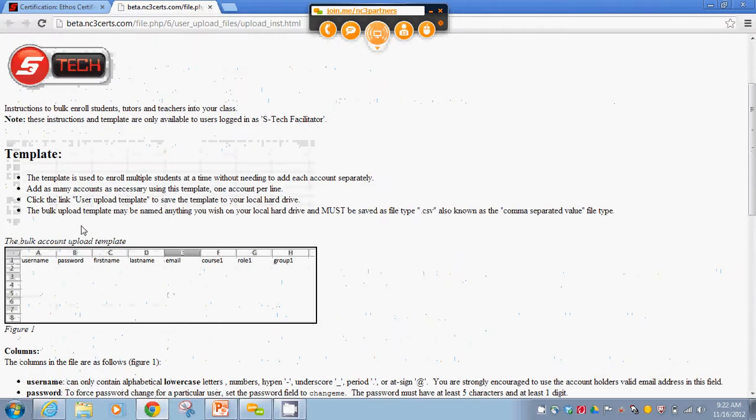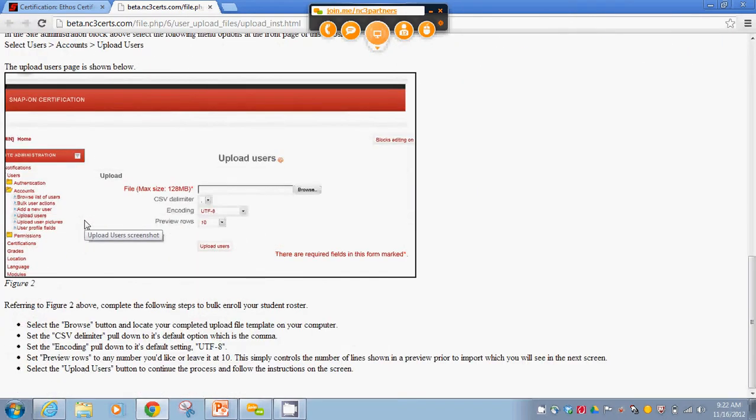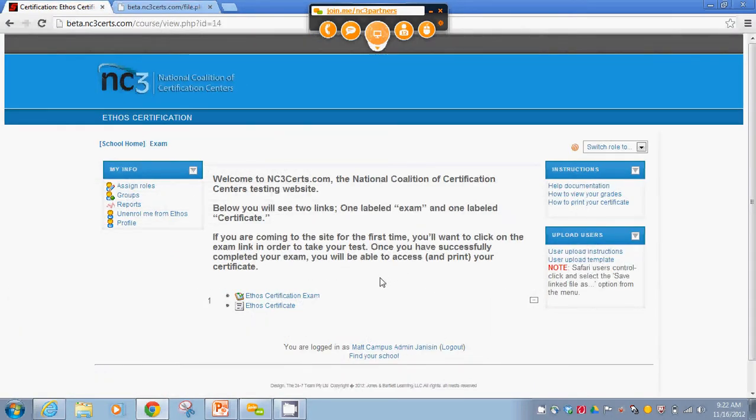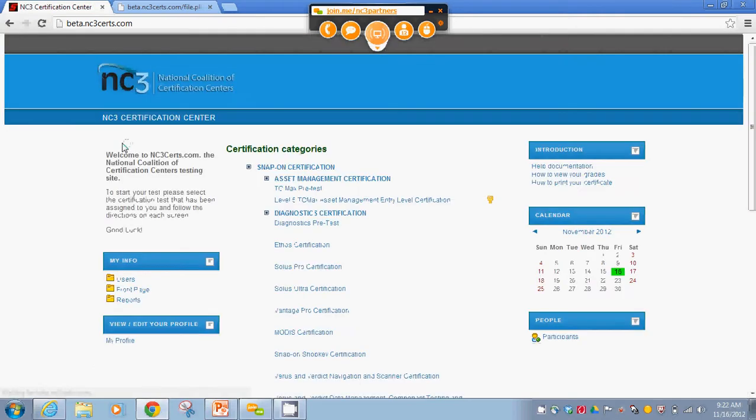All right, uploading, it talks about it here on the screen. I'm going to show you where you would do that and where you would locate that. So I'm going to go back to the actual certification site. Once I've downloaded my template and I've filled it out, I'll have to go back to the school level. So if you look in the upper left-hand corner here, you'll see the breadcrumb trail that shows you where you're at. And right now I'm at the exam level of the ethos certification. In order to upload my template, I need to go back to the school level. Like I talked about those two main levels, school and exam. So if I go back to the school level by clicking School Home, that will take me back to the